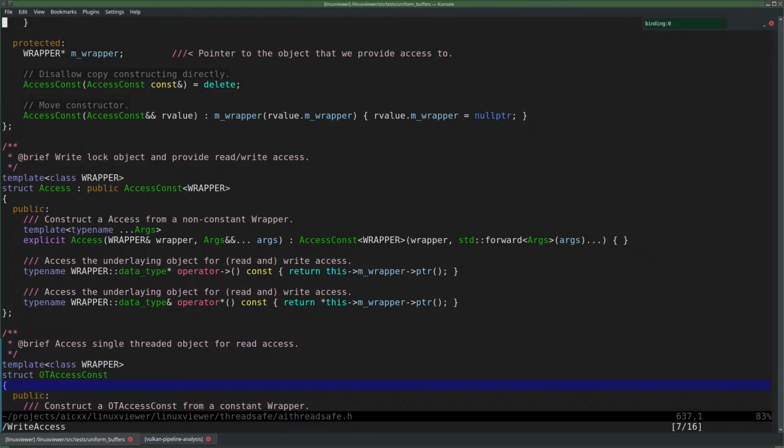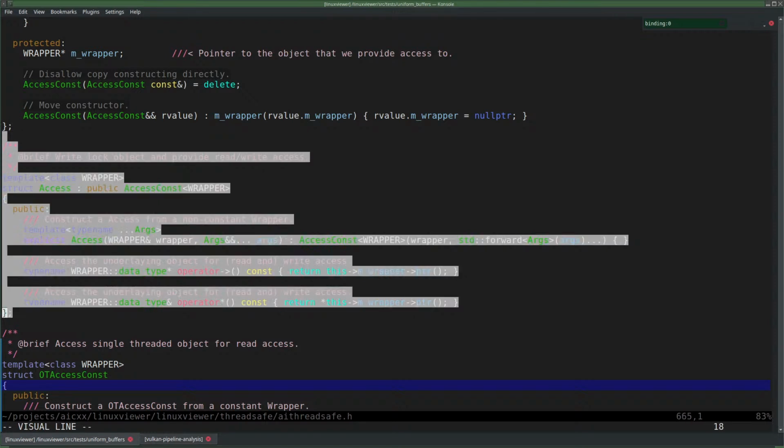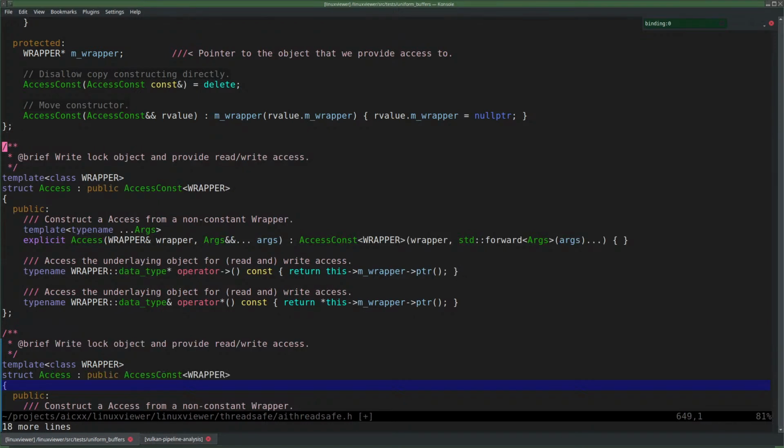I think I'm gonna call it const access as opposed to access const. So let's make a copy of this, duplicate it, call this